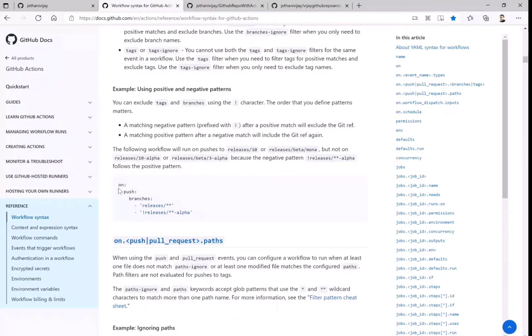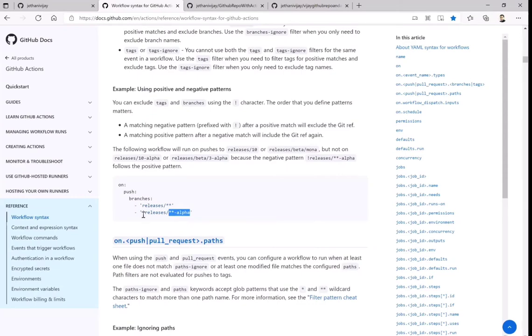Now on push means anything that got committed on a specific branch. So this is what you have to follow: branches release anything. That means whatever is published on this branch, the push should happen and that workflow should run, but not within something that starts with alpha.